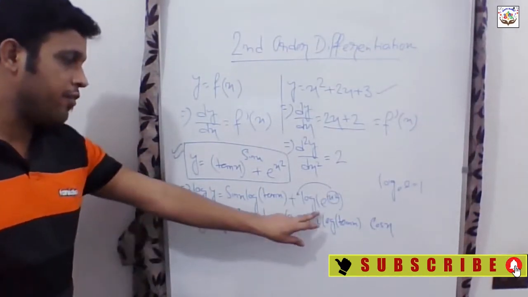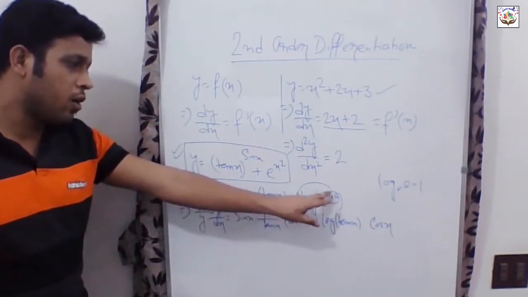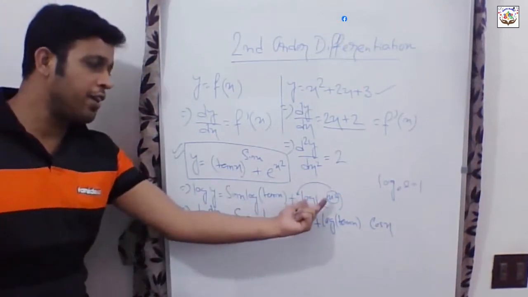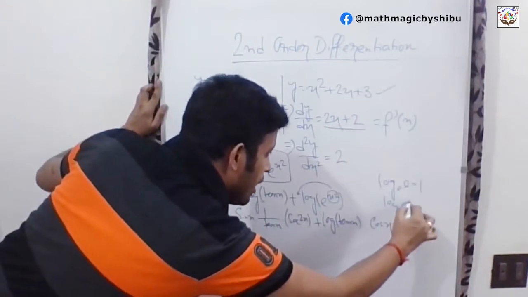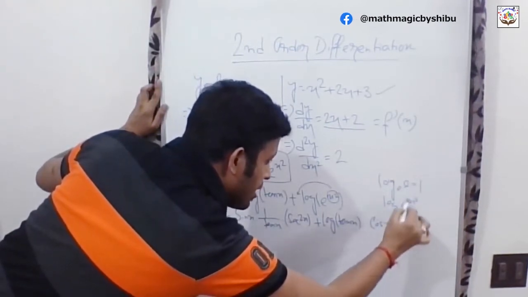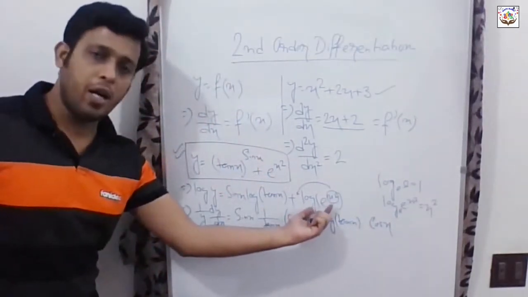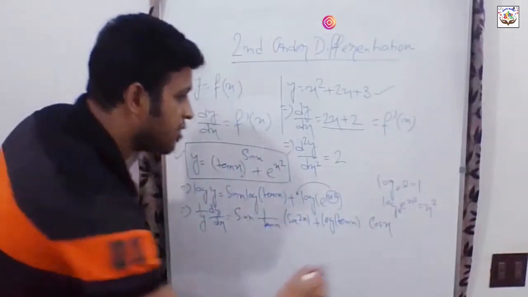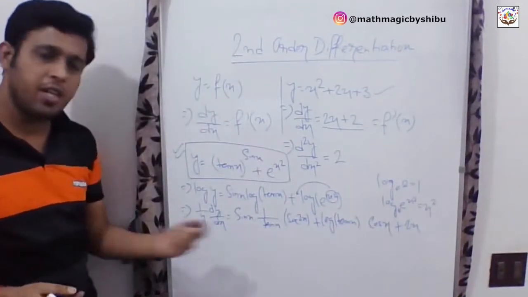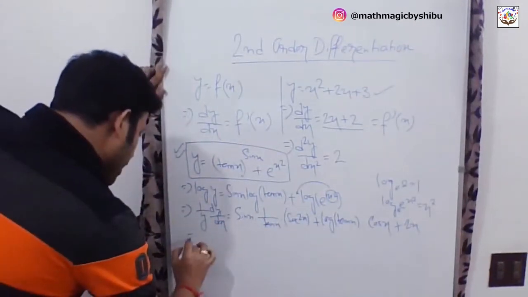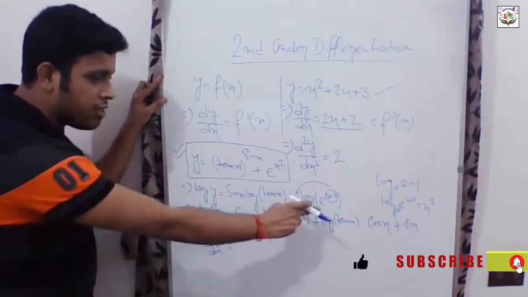And here it is log of e to the power x square. Okay, so by default the log base is e for log natural, and as I mentioned, this power would be the coefficient, so it is only actually x square. I mean to say that log of e to the power x square, by assuming e as a base, actually equals x square. So to differentiate x square we will have 2x, right, as we are differentiating this function. Okay, now in dy/dx this y will be multiplied to this right hand side.